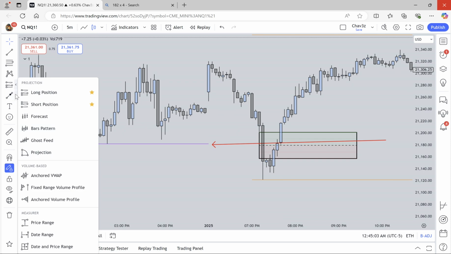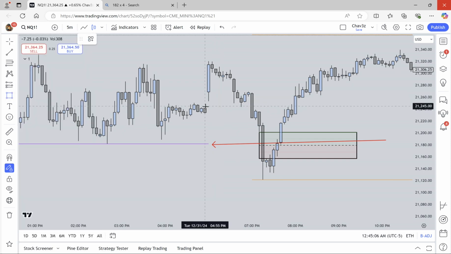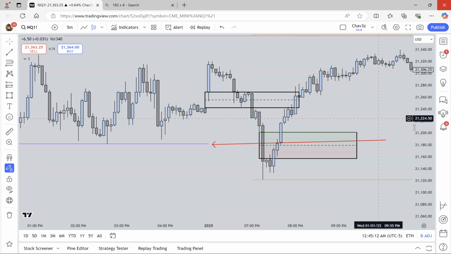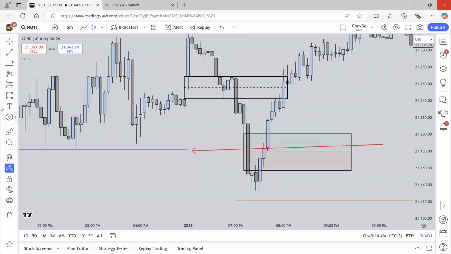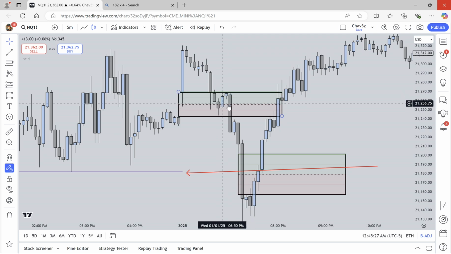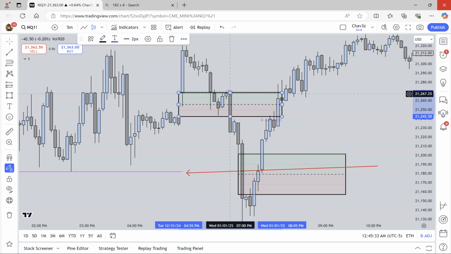created this gap, right? This little gap we created from here to here. I like to use the bodies, not the wicks, but we created this gap. Look what happened when we map it as a PD array. We closed under the 50% and we had a real hard time closing back above the 50%, staying closed above it and trading outside of the array.